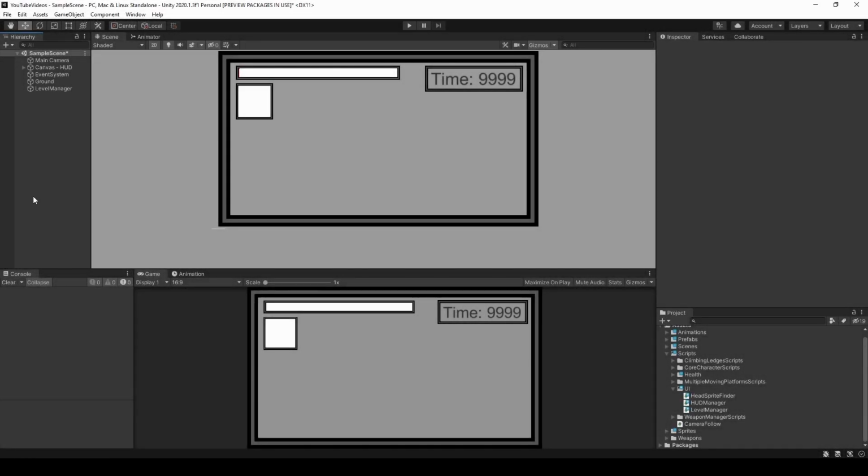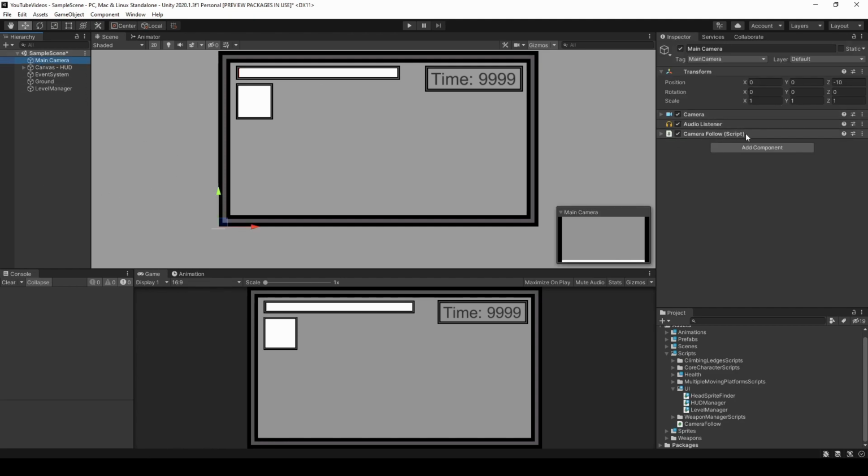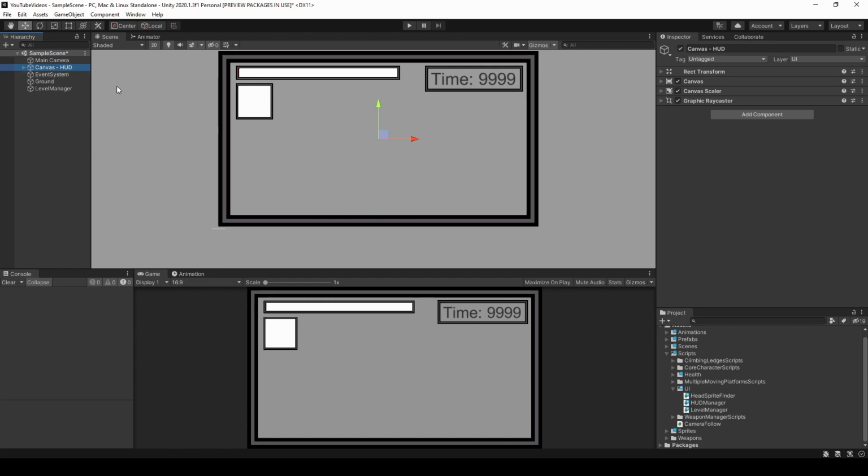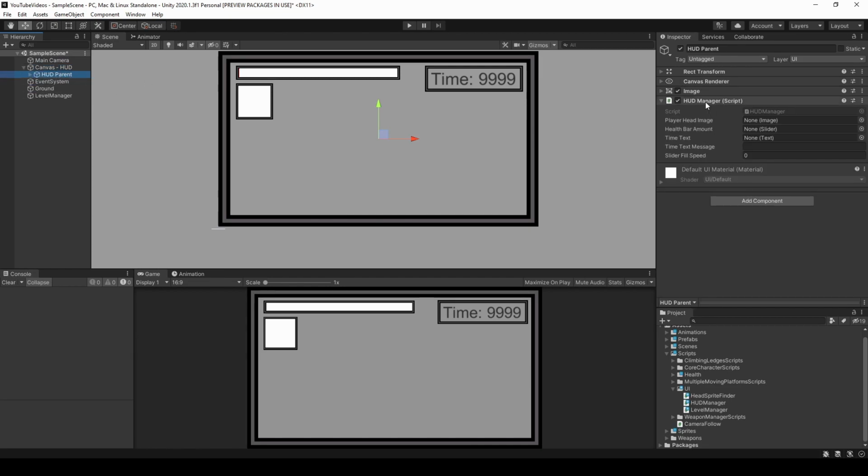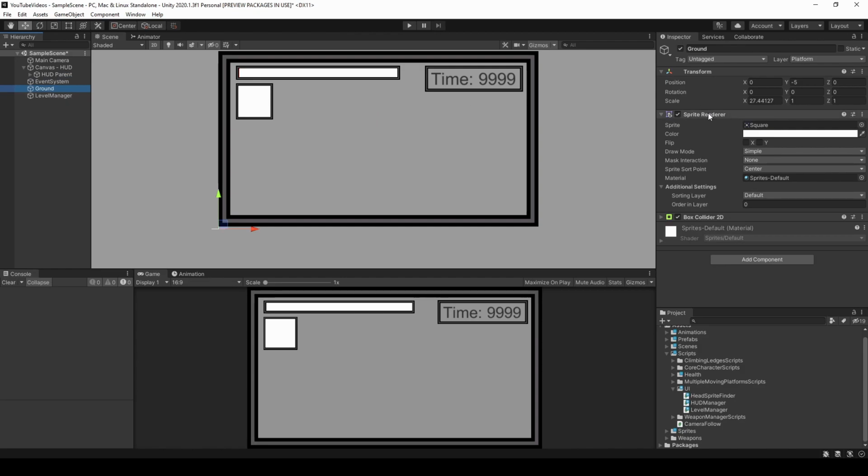I have a very simple scene already set up. It contains a main camera game object with the camera follow script for the player. It contains the HUD that I made in my previous video, and since last video I've made and added a script to my HUD parent game object, which of course I'm going to be going over in this video. I have a simple game object acting as a ground platform that only contains a sprite renderer and box collider